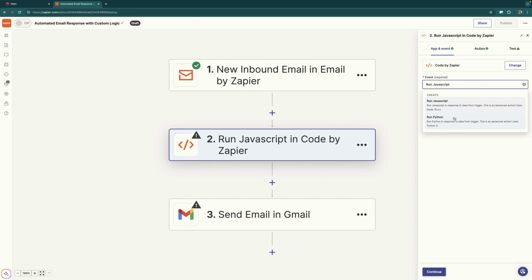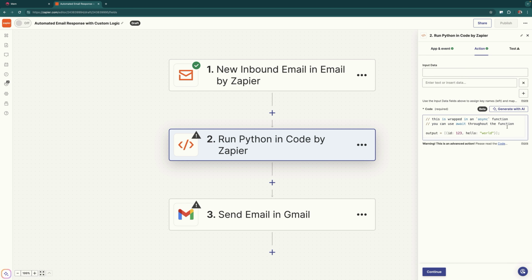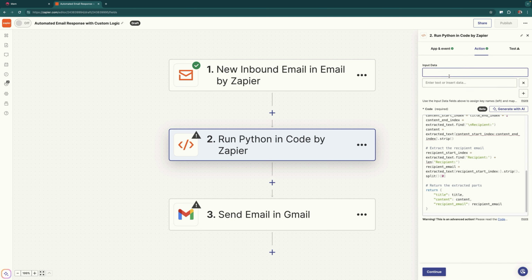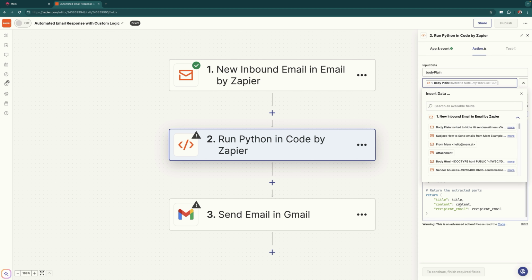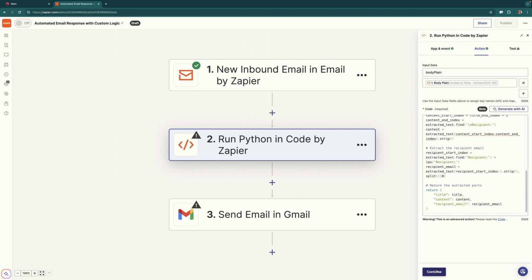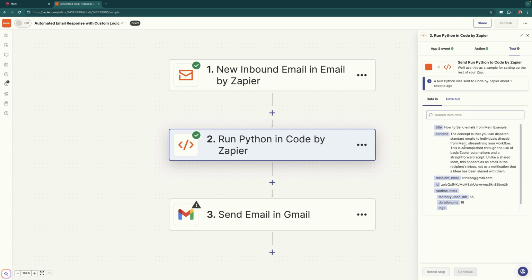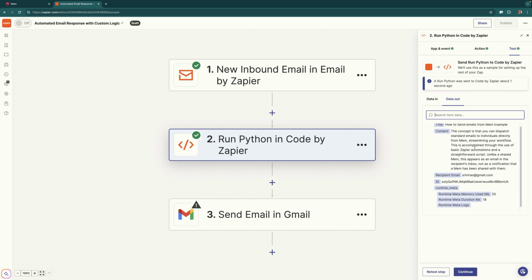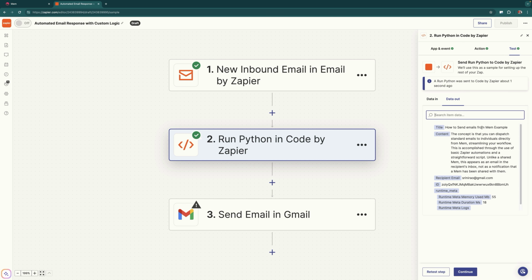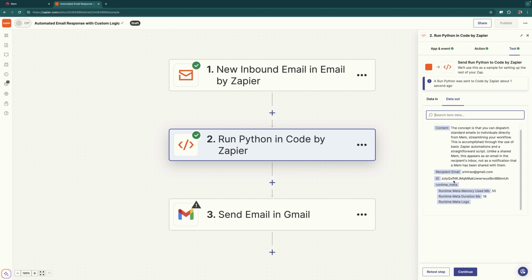So one other thing we need to do is change this to Python because it's a Python script. Let's go ahead and paste our script again there. And then we're going to put this information back. And we have body plain. We're going to select the value body plain. And when we run this script, what should happen is we're going to get the output in such a way that we have, you can see here, our title, which becomes the subject, the content, and then the recipient